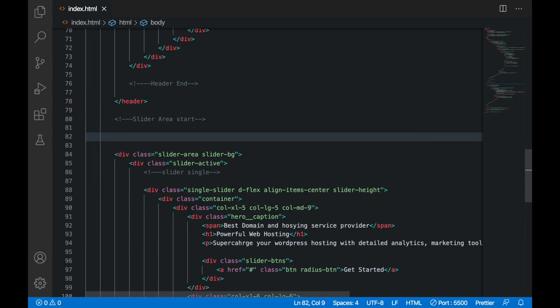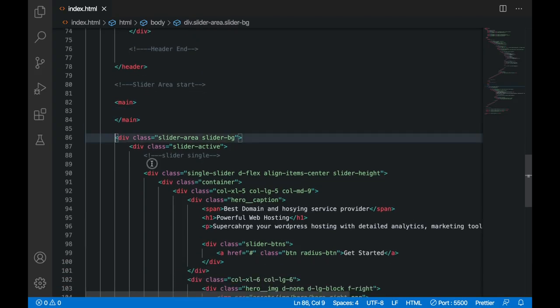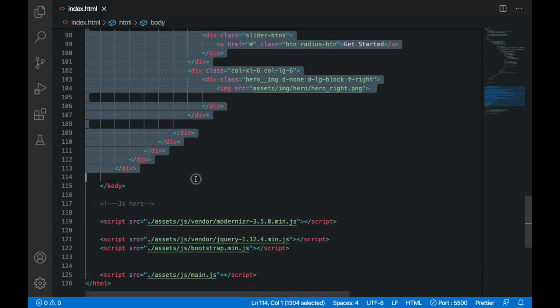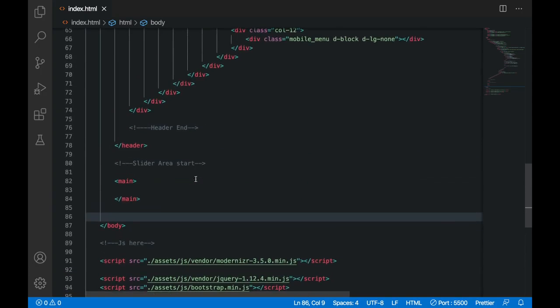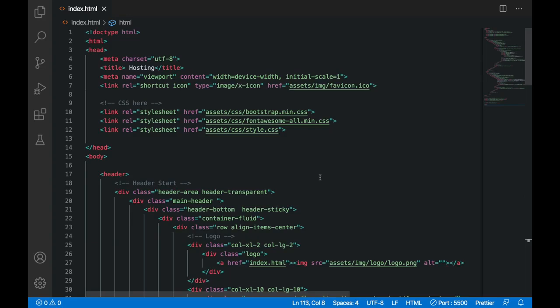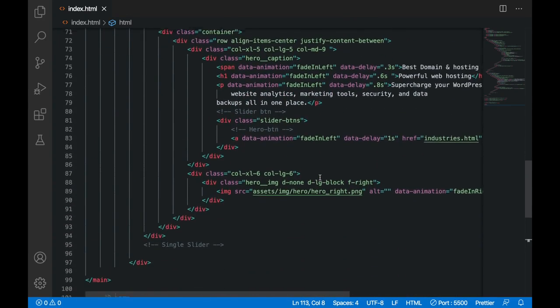So the thing that is left to do is to pack all of this inside this main. So this is all the code that we need to write for making this section of our web page.